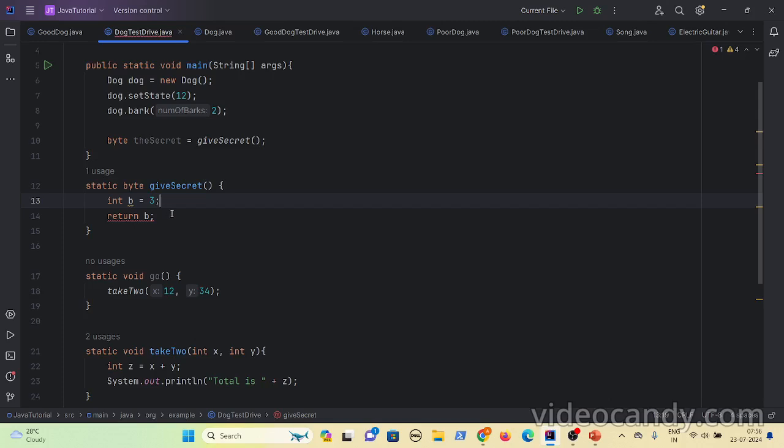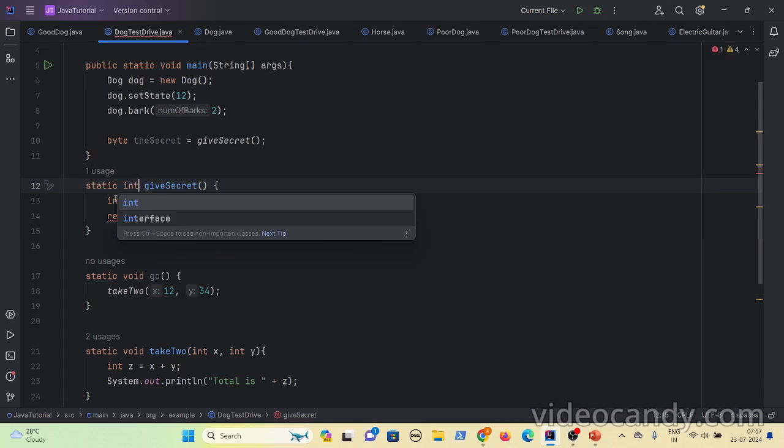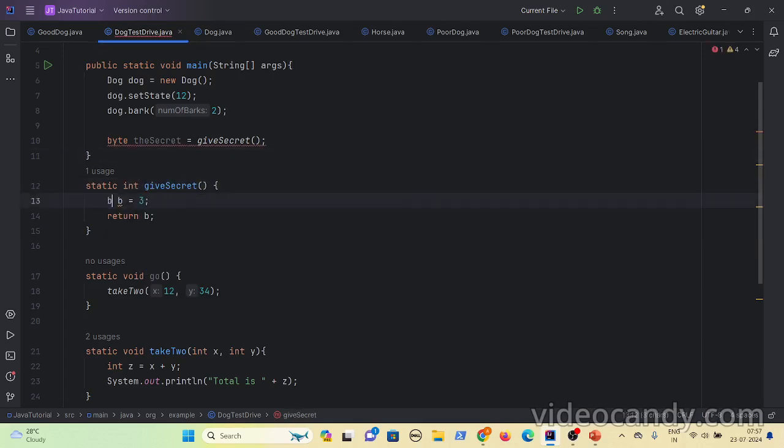The same thing is here. The byte range is shorter and you are putting the longer range onto the shorter range. It will definitely fail. See, required type is byte and found int. But if you are using the integer, it did not fail, right? Because the byte range is shorter, it will definitely work. Since the byte range is shorter, it can be typecasted to the integer.